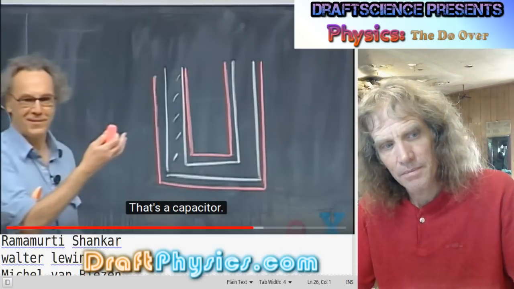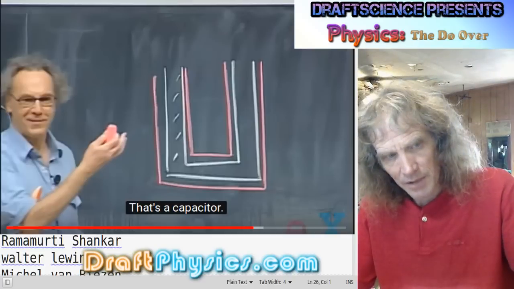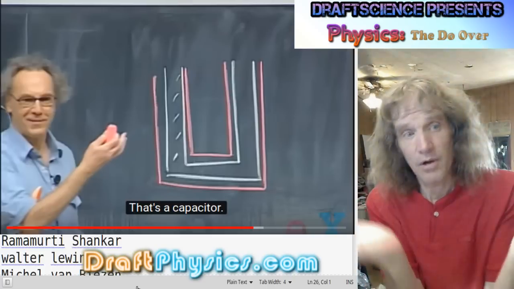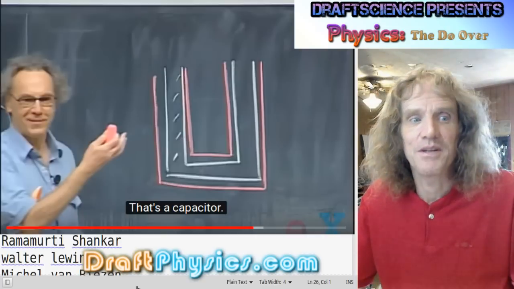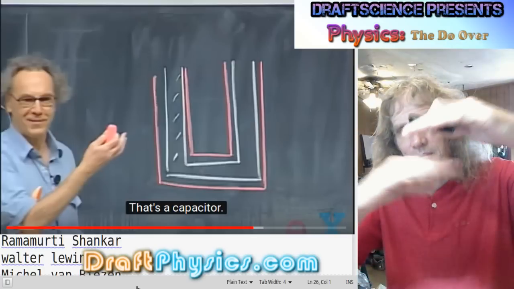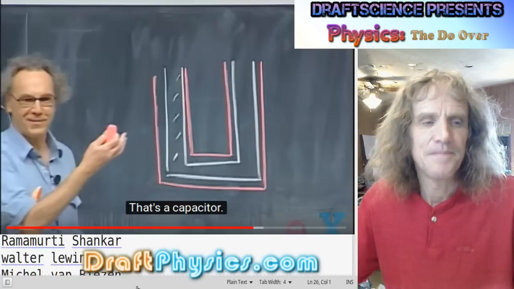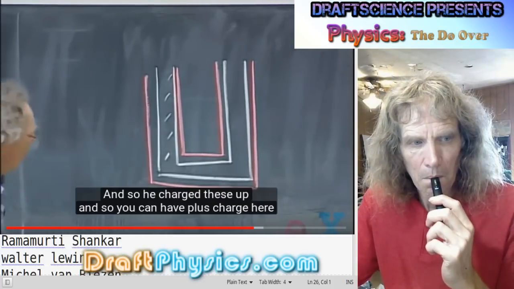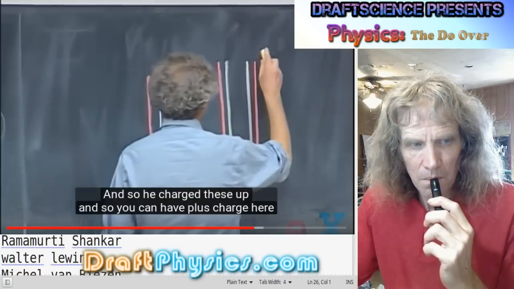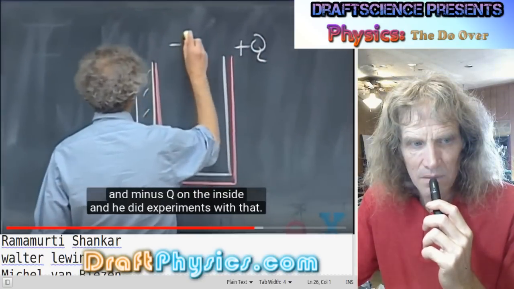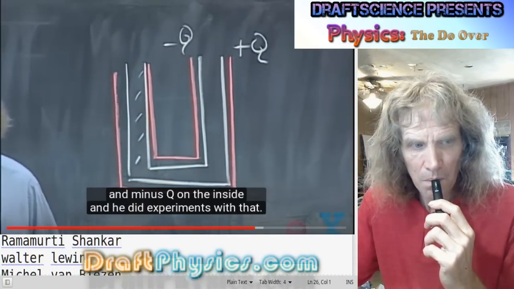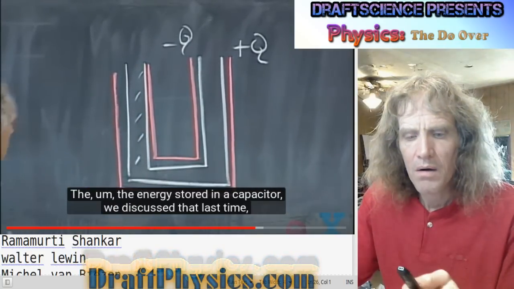All right, so the orange lines are copper. So he has a copper plate on the outside and a copper plate on the inside. And all that's really changed is the shape. Change the shape, and you got the same thing as a copper plate, piece of glass, copper plate. But he didn't call it a capacitor. And so he charged these up, and so you can have plus Q here and minus Q on the inside. And he did experiments with that. The energy